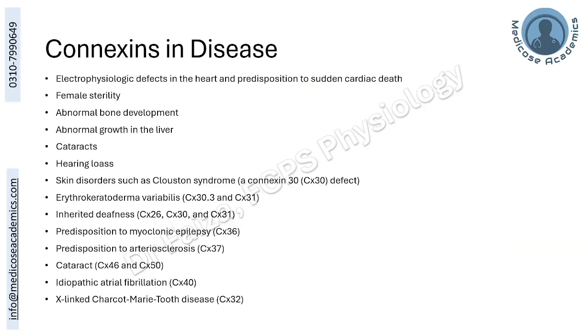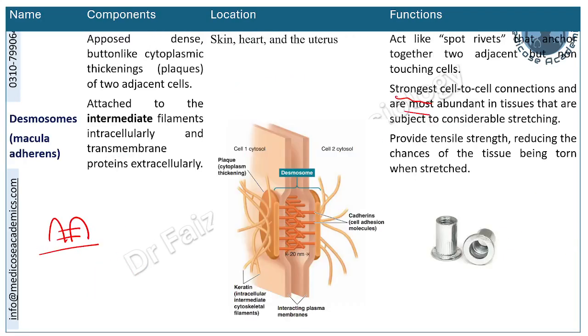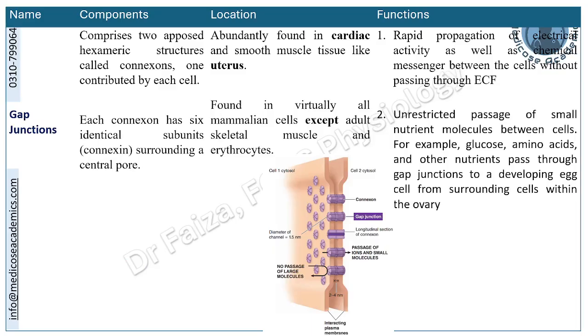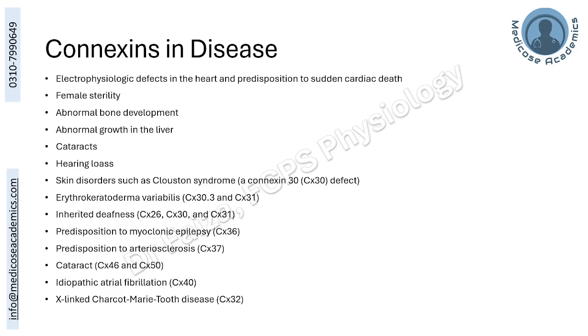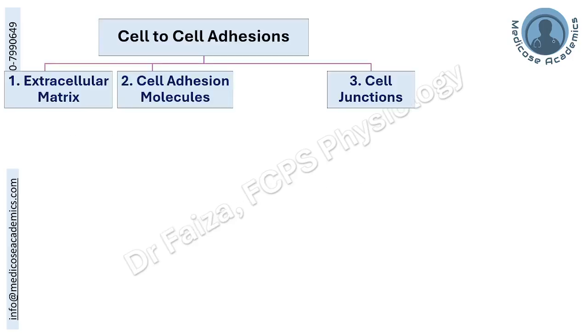If the connections are abnormal, the connections we saw in the gap junctions, let me show you again over here. If the connection is abnormal because of some genetic mutation, the symptoms can appear in many of the organ systems, as you can appreciate in this image, starting from your special senses to skin, to the CNS, to the CVS. Any organ system can be involved depending upon the type of mutation and the organ involved.